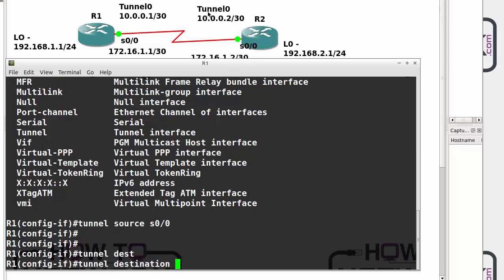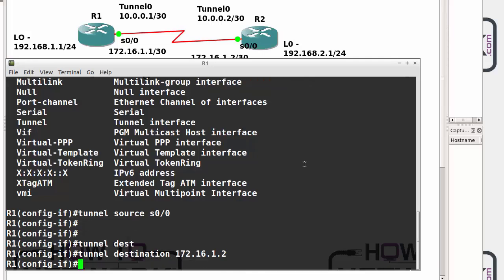It's the same configuration on the other side, but we need to put in the tunnel destination as well, which is the other side of the serial link. Now your tunnel interface won't come up if you follow the example, for example, in the Cisco study guide, where they've got 1.1.1.1 on one side and 2.2.2.2. Well, if you try and copy their lab, it